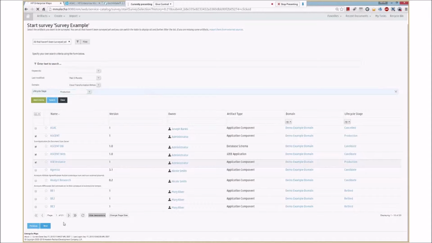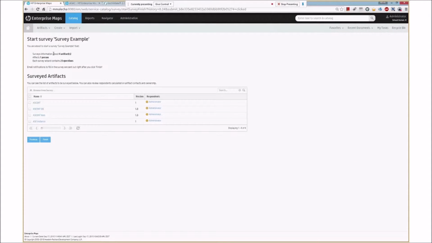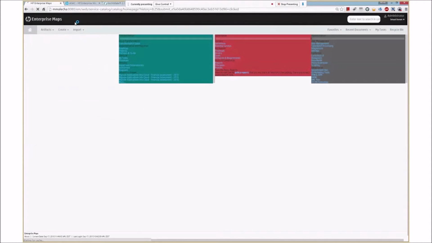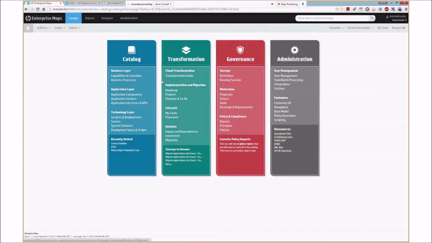Mm-hmm. Once I click next, I will see the overview. So it will show you, well, these are 4 artifacts. Everything will be answered by one person because we haven't defined the business owners for these applications. And once I click finish, the administrator receives the emails with the request to answer the question. Let me show now some running survey